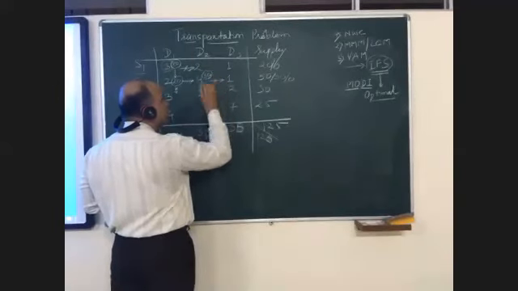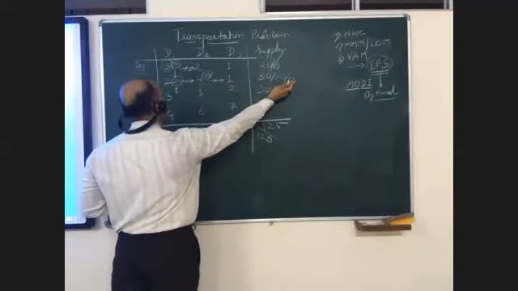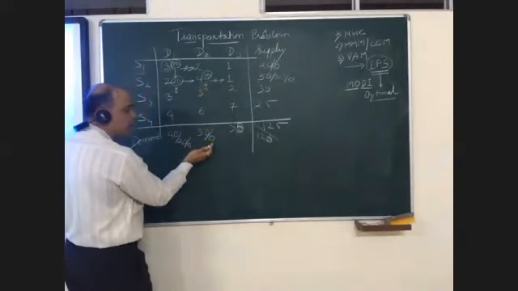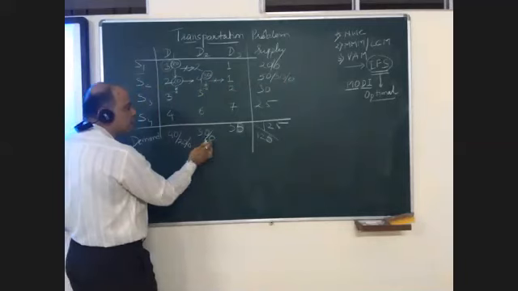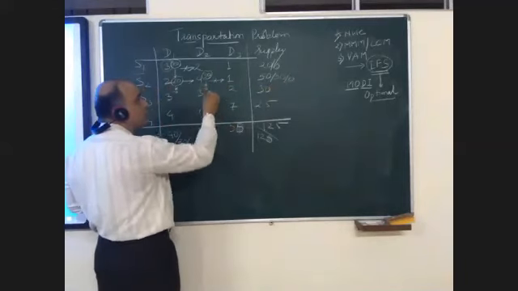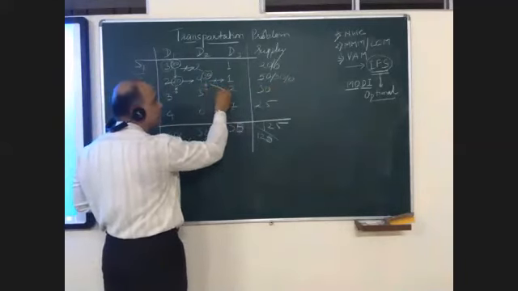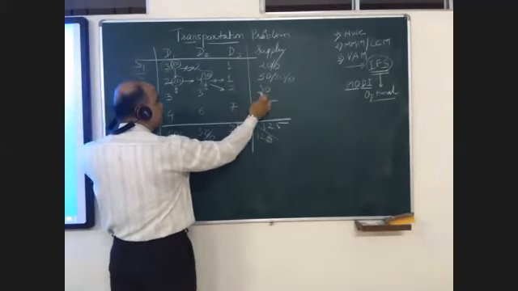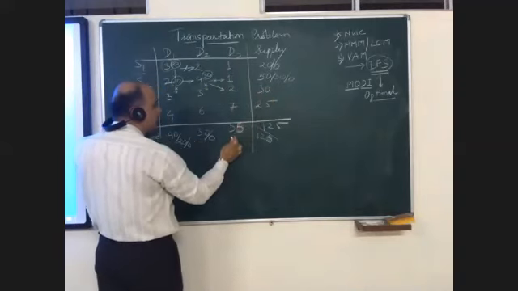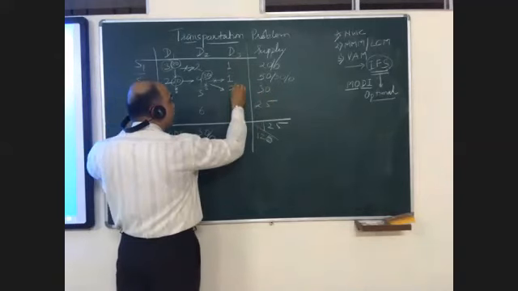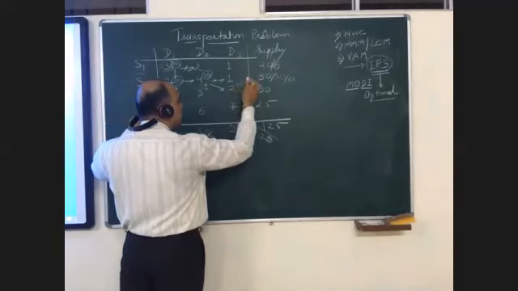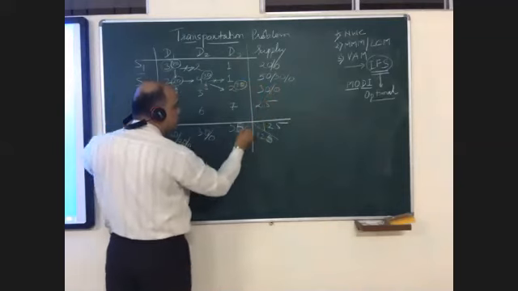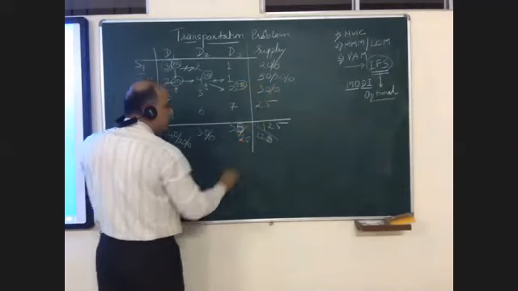We cannot move forward. Why? Because the supply is exhausted. I cannot move downwards because demand is exhausted. Through 0, 0. So what best I can do is go diagonally downwards, that is at S3, D3. The supply is 30 and demand is 55. So how much can I supply? 30. This will be exhausted. I am left with 25.